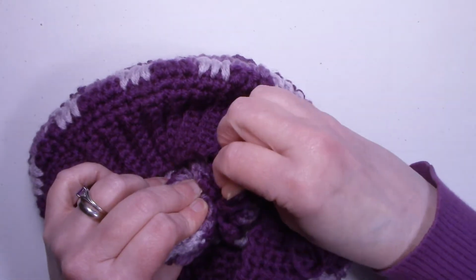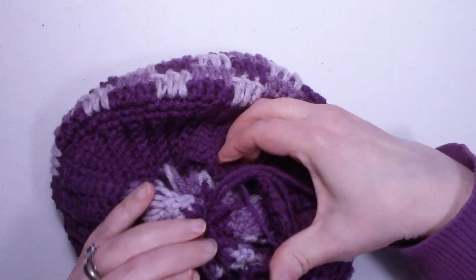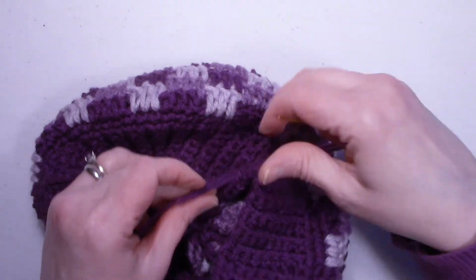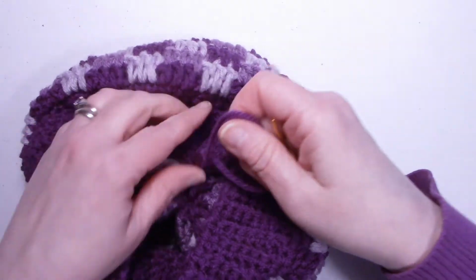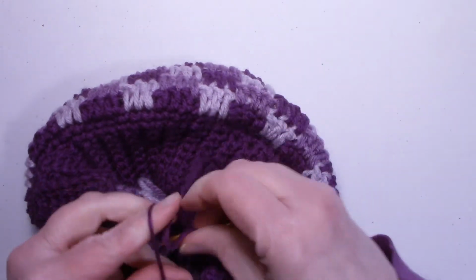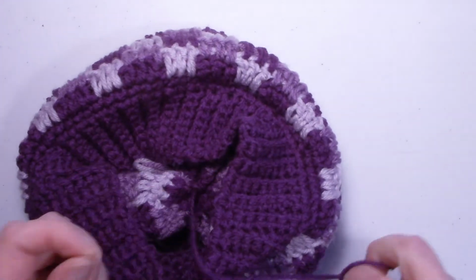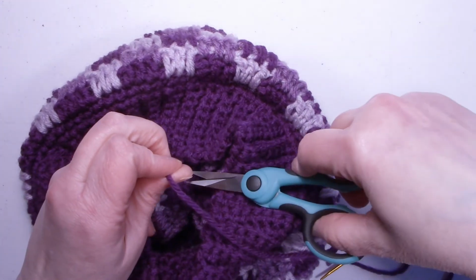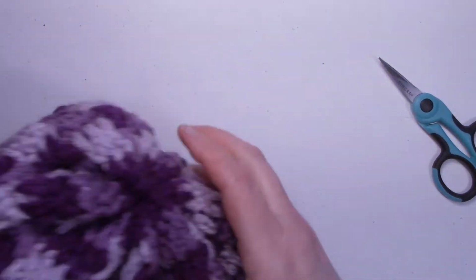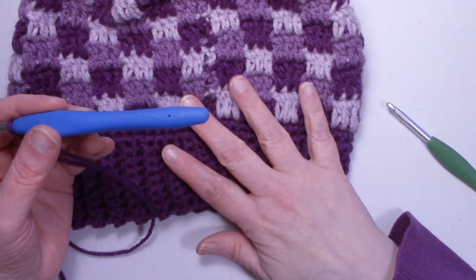Just go through a few stitches. Make a little knot. Snip off your yarn, and there you go. So we have one last thing to do before our hat is finished, and that is